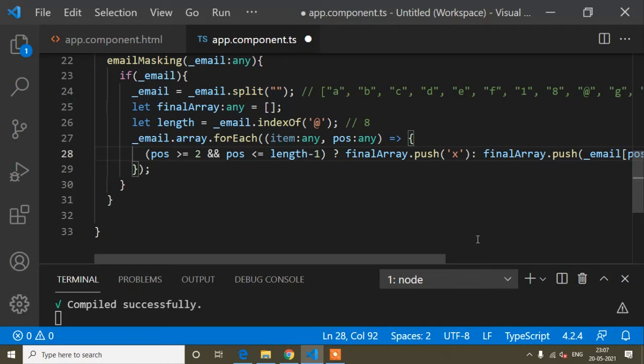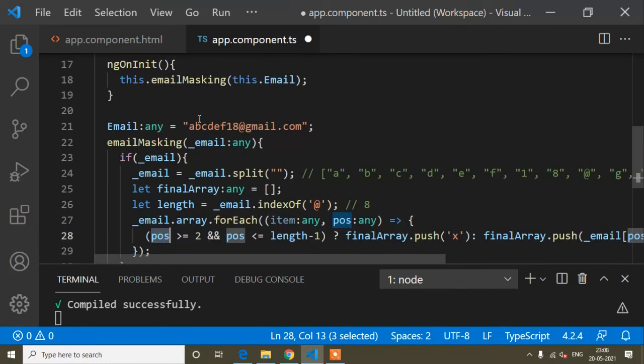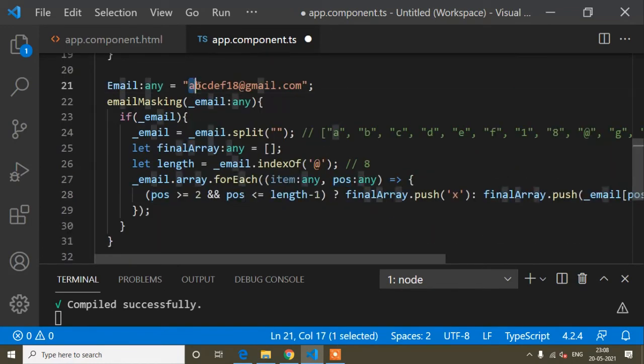So guys, position means this parameter, and I have already said position means 0 1 2 3 4. When the position is greater than 2, suppose your email is only a@gmail.com.